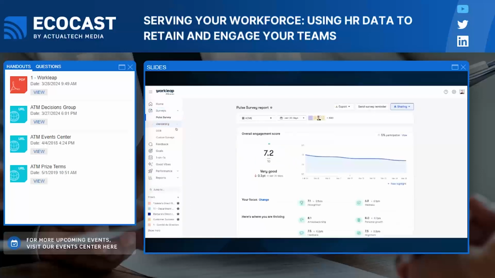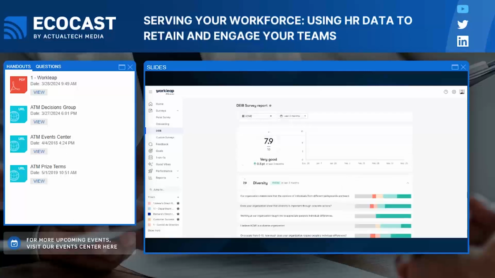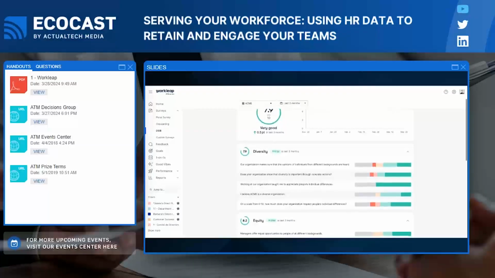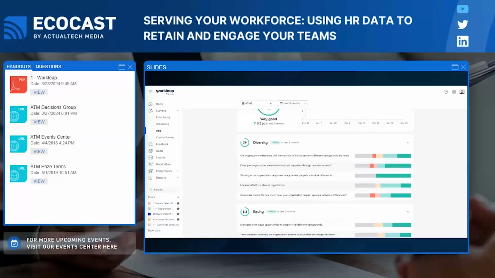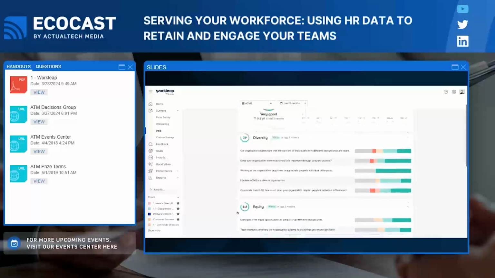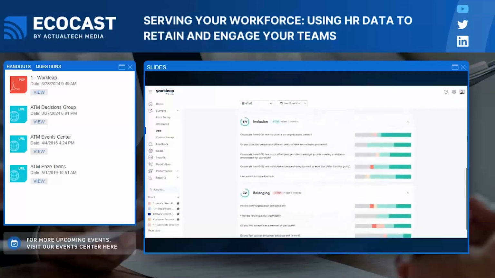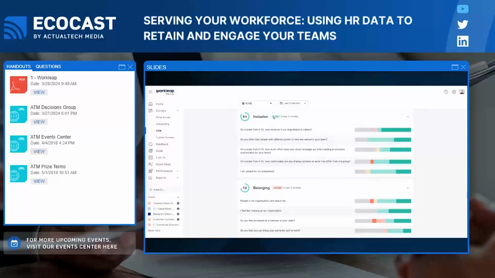Lastly, we'll show the DEIB survey results here. So if I hover into here, we'll be able to see the trends overall. So the aggregated score over 10 for the diversity, equity, inclusion, and belonging, as well as all of the different various questions within the DEIB survey set, and how each different topic has its own aggregated score. So scrolling down here, I can see the trends across the different topics. So inclusion and belonging here, for example, each have their own score.